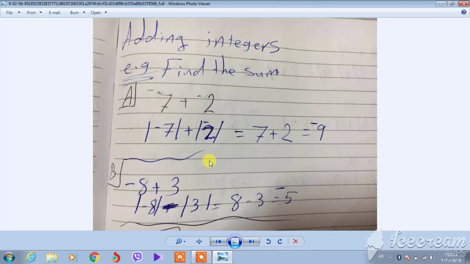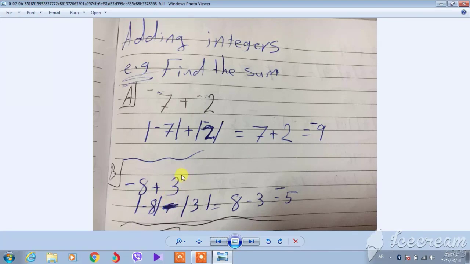If we have unlike signs, or different signs, -8 plus +3. If we don't have any sign, it means positive. You know about this. After that, what do we do? If we have unlike signs, we take the absolute value of the greatest number. Which one is greater, 8 or 3? 8 is greatest. The absolute value of 8. We use subtract. Change the add to subtract.